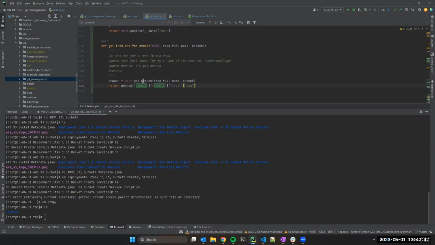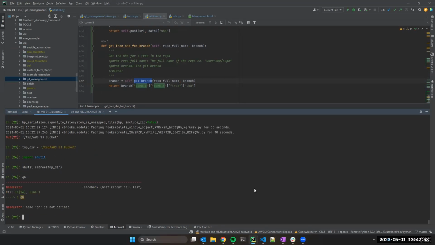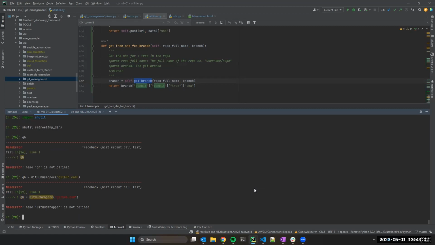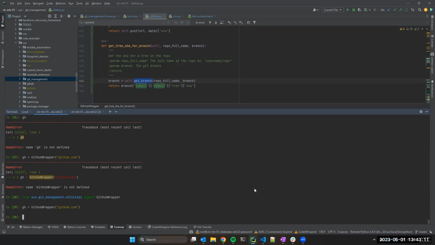Let's see. So our get branch the same as, I think I did this just a minute ago. So if I do... I don't have GitHub anymore. I should GitHub equals. Now we have GitHub. Actually, I'm going to exit this because I can